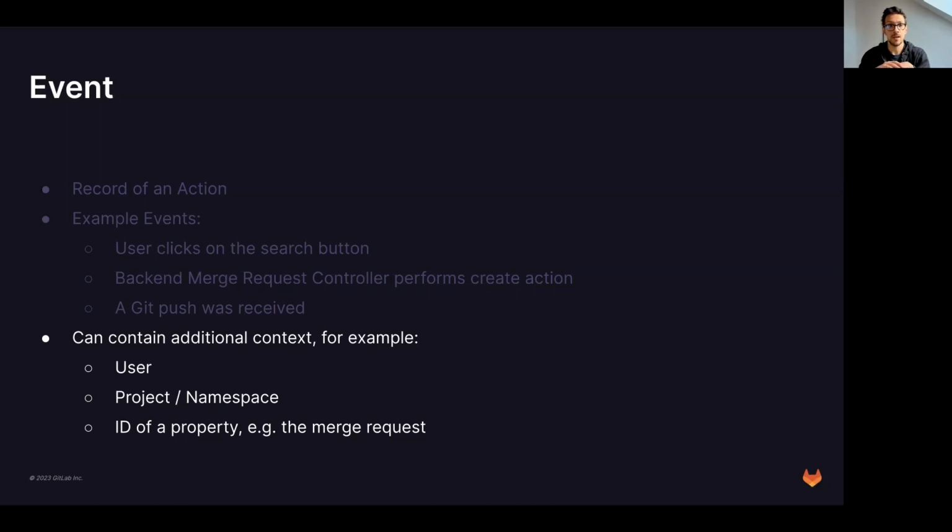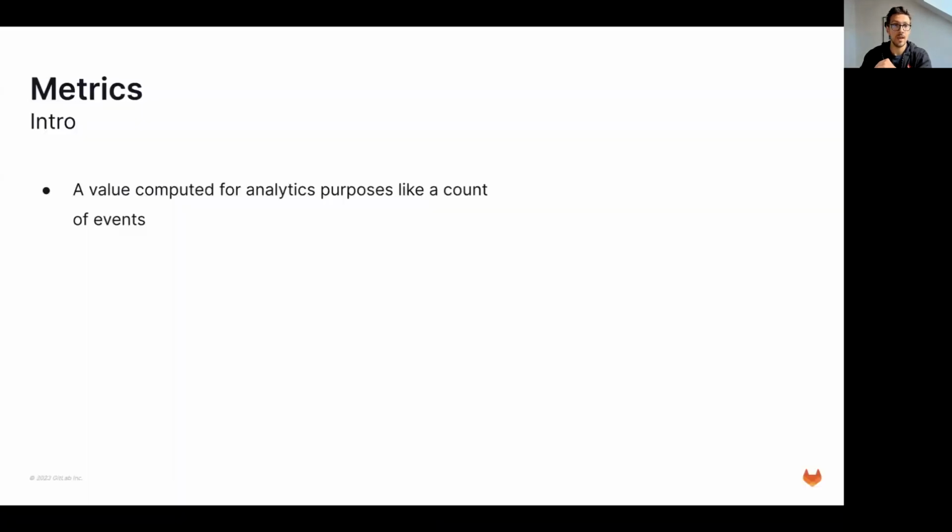So events are kind of like the base layer of internal analytics. On top of that, we have something called metrics. And metrics are a value computed for analytics purposes, like the count of events. So normally you're using internal analytics for something like understanding the usage of a specific feature, because you want to understand whether a specific feature or improvements that you made to a feature are well received, if there's actually increased